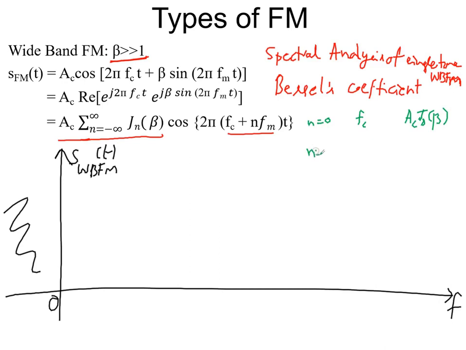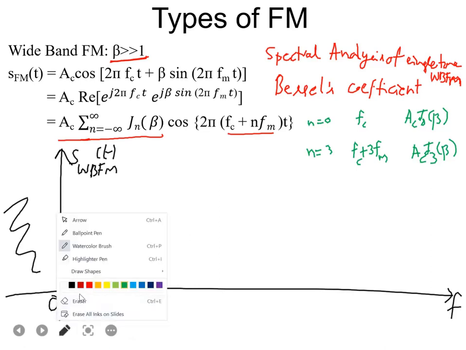Then for n equal to some 3, what will happen to Fc plus n Fm? Fc plus n Fm will become Fc plus 3Fm. For ease of understanding I am telling you. Then what will be the coefficient here? Ac J3(beta). Why I am representing all these things is, if you want to look at its spectrum,